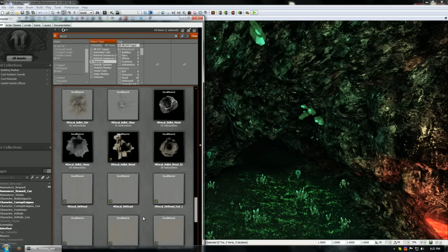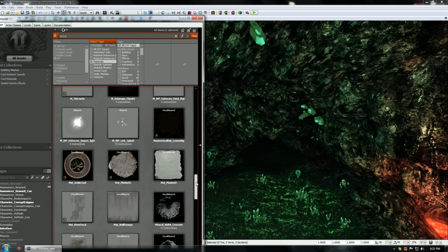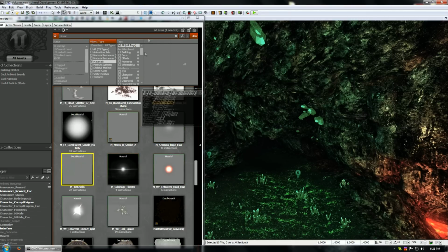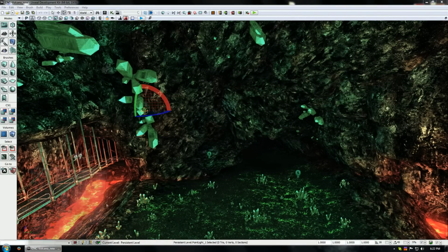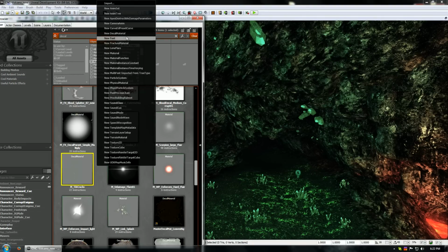Let me find what I was looking for, and I cannot find what I was looking for. That's typical. Wow, my computer's gone slow. But this is one thing I was looking for. So the decal material is a special material. When you go and make it, you make a new decal material. You can also make a material into a decal with a setting, I believe. Don't trust me on that. I could be wrong. But new decal material, and you just set it up basically the same as a normal